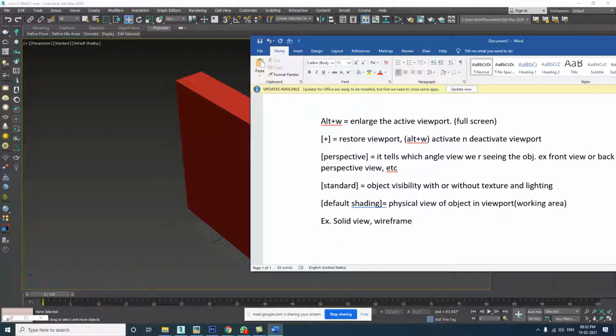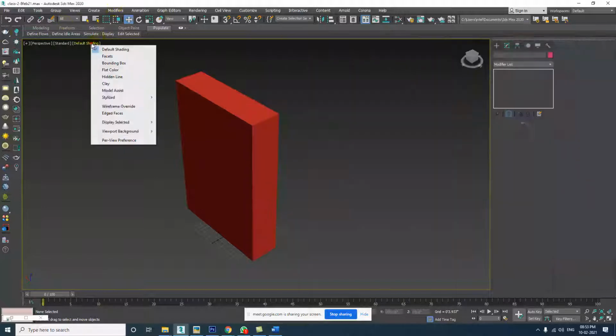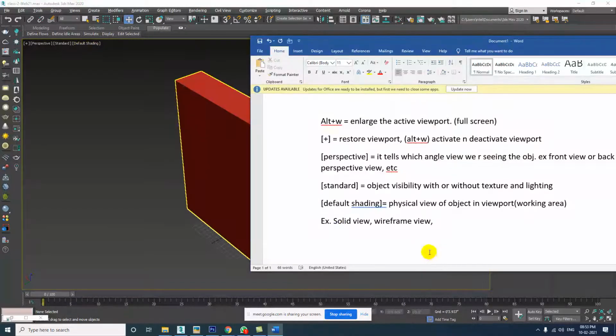Solid view, wireframe view. One more example, flat color, clay view.